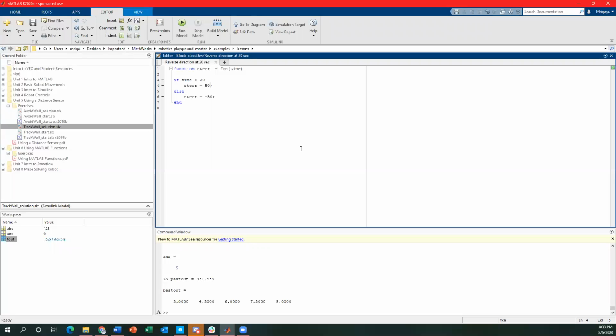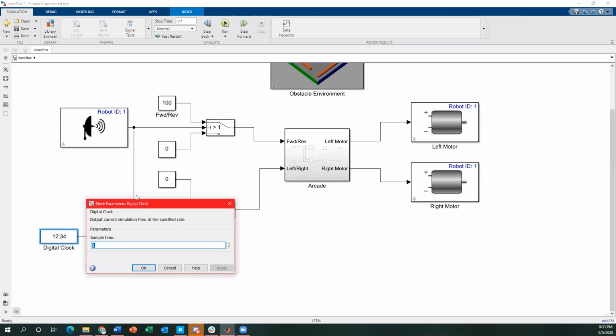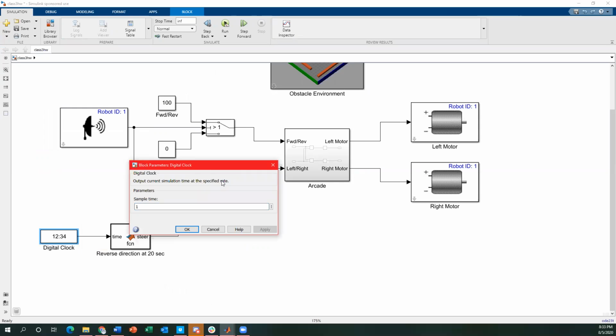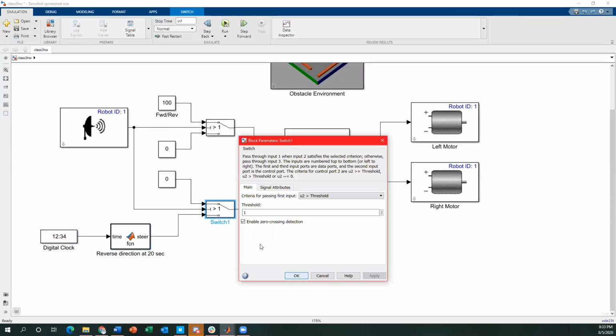Let me just go ahead and save this one more time to make sure. I'm not going to close it, but let's open up the Simulink again. As you can see, we have our input time, which is coming in from the digital clock. If we open this up, we see that it outputs the current simulation time at the specified rate, and we're just going to keep the sample time of 1. And then the output is a steer, which we said was 50 or negative 50, depending on the 20-second threshold. And that is basically the else in this switch block,